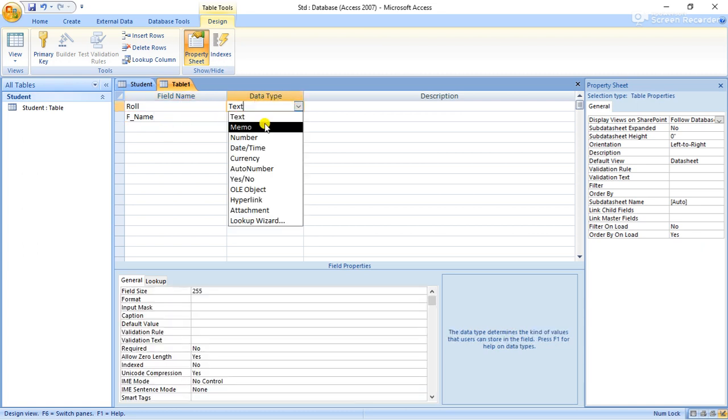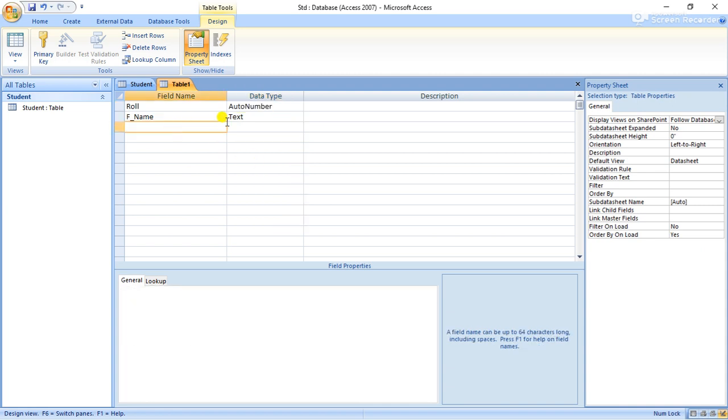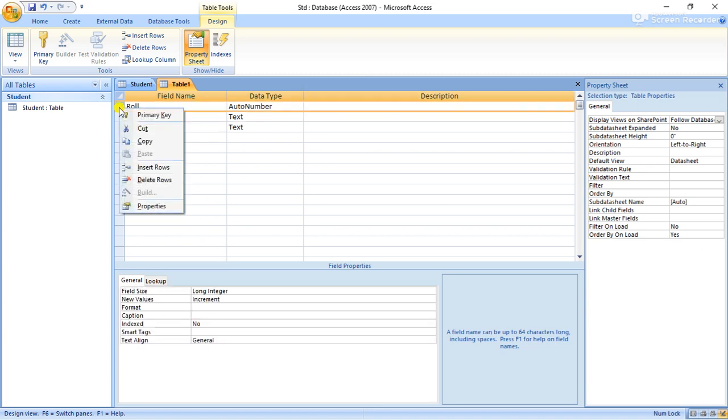We have to give roll here as auto number. Address. Okay. And select the roll as the primary key here. So roll, father name, address, these are the three fields here.